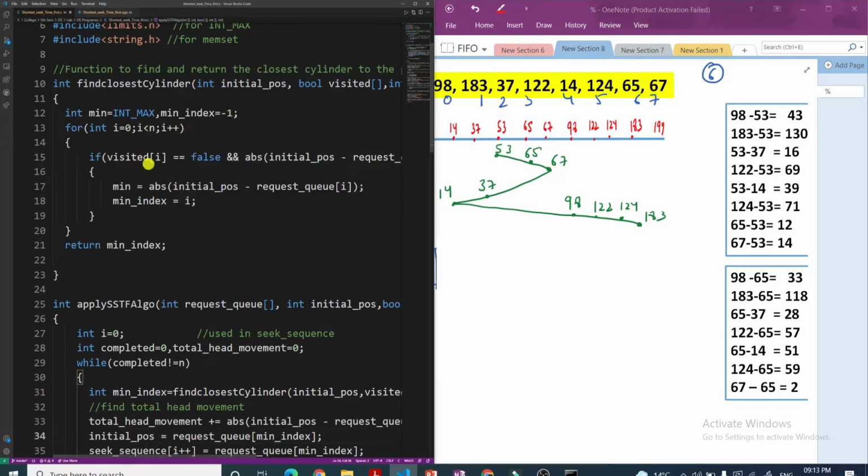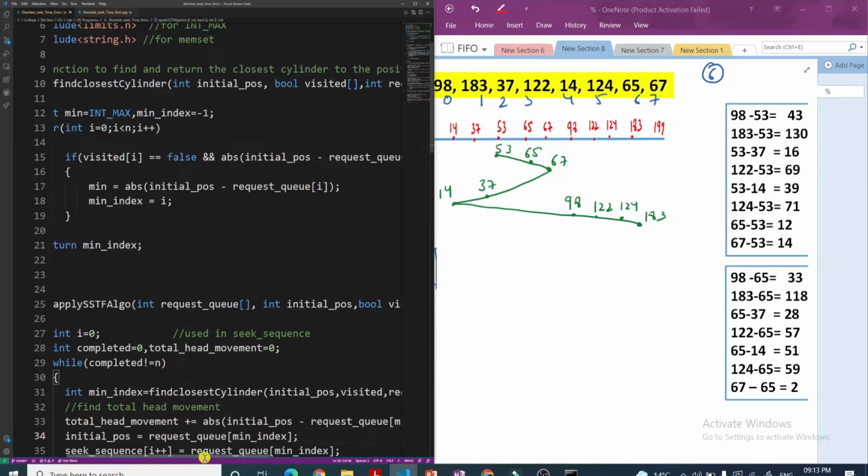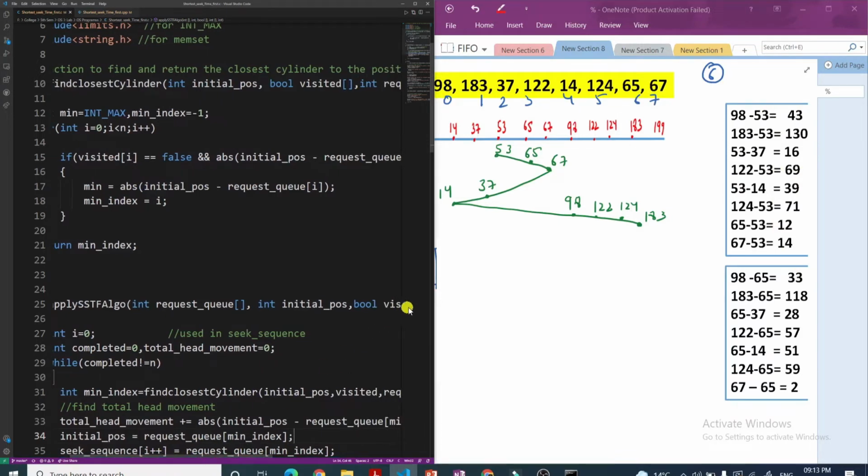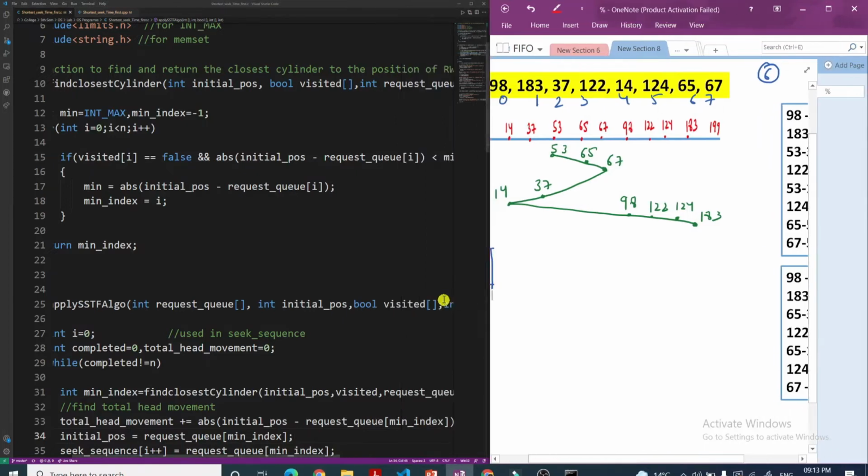And in every iteration, what you are doing is finding the subtraction. You have to find the subtraction and then find the minimum of all these differences. I think it is very easy to apply this. This is a very easy problem of data structures, how to find the minimum of all these numbers. I have applied this algorithm, but you can apply any other algorithm or any other way. Let me enlarge this a little bit so that you can see.